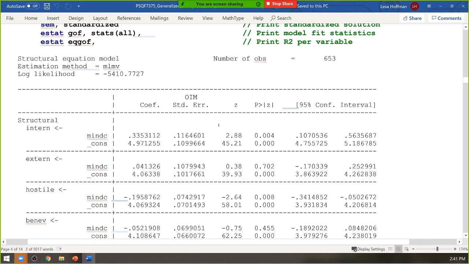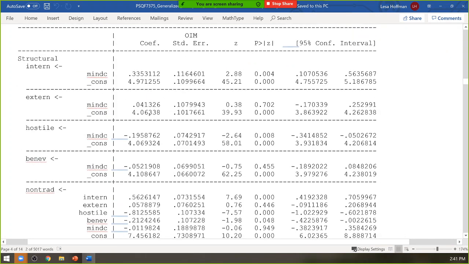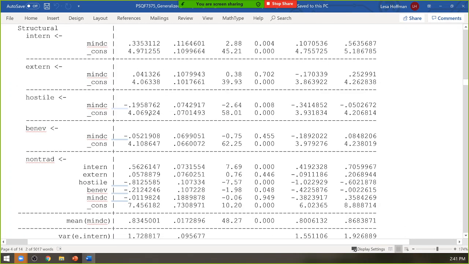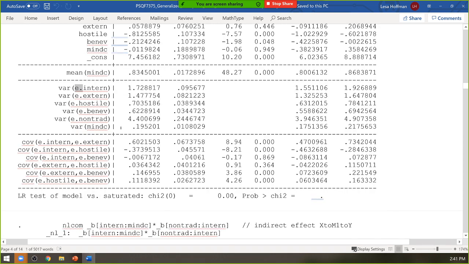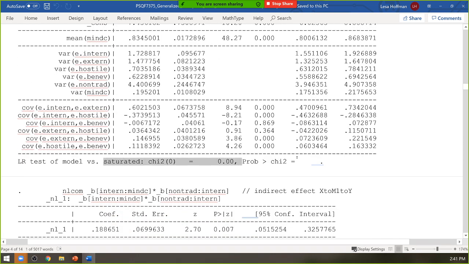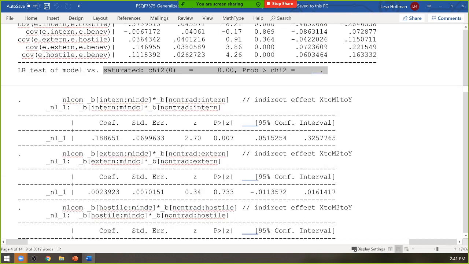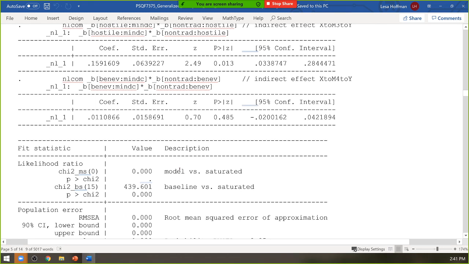So here's the results of all of this stuff. Same as SAS, confidence intervals are given. Here's the means, here's the variances. The E dot inside these just means it's a residual variance as opposed to a variance, conditional versus unconditional. It spits out part of your fit statistics here that lets you know that yes, this is indeed a saturated model. There's all the indirect effects,